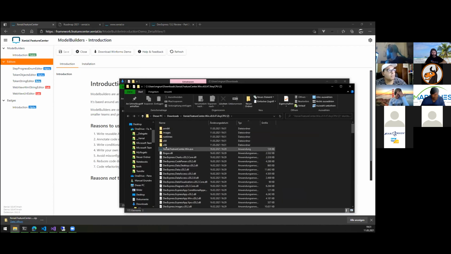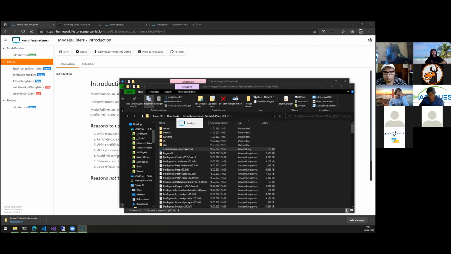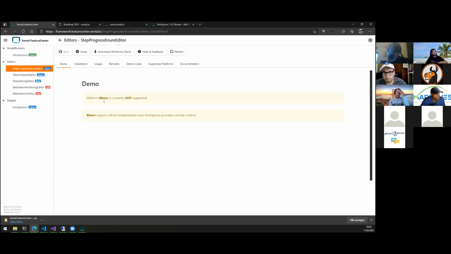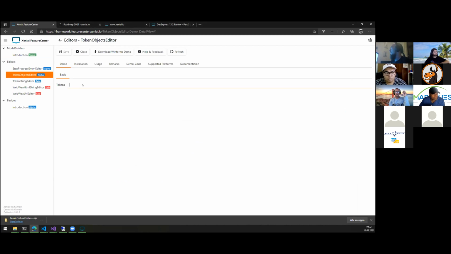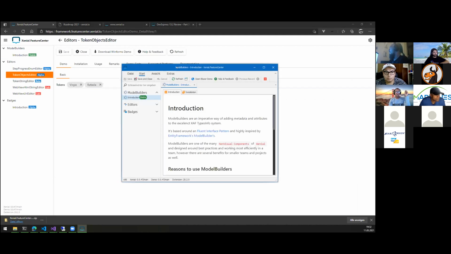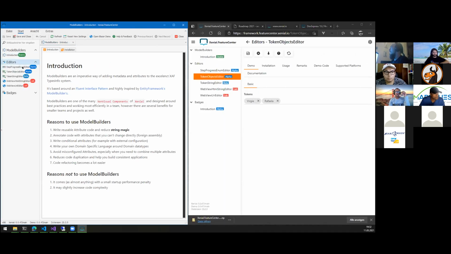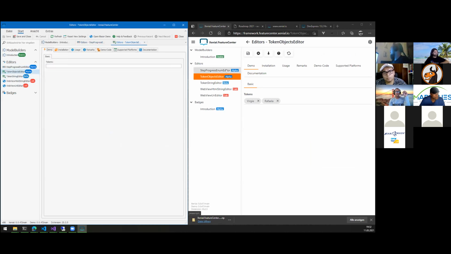Okay, so let's do a real quick comparison with the Blazor feature center. Sometimes some editors or some stuff isn't supported because DevExpress doesn't support it yet. But some stuff is designed to be platform agnostic, so it doesn't matter where you run it. In a quick comparison between Blazor and the editors, besides the step progress editors that aren't supported, they use the native DevExpress controls, but those are only the visual components. So I hope you get the point of where I'm trying to maneuver with the new stuff from the editors' perspective. But now we have the model builders and the layout builders, and those are the most